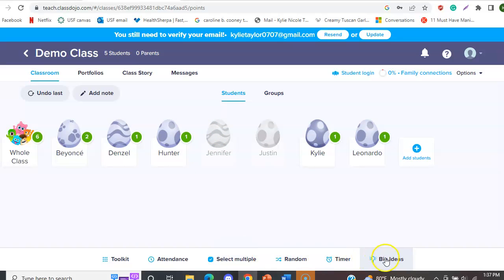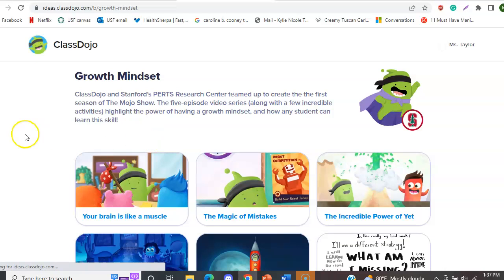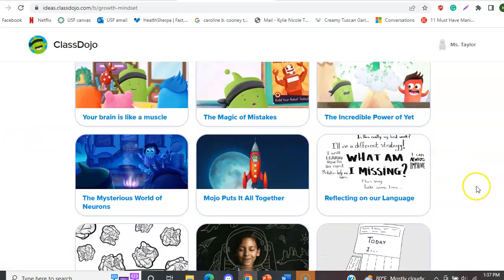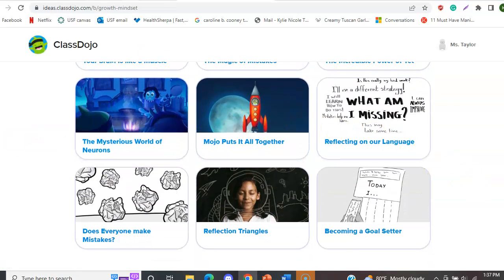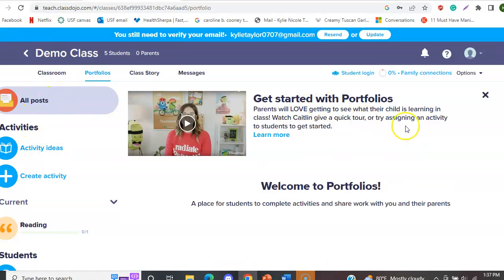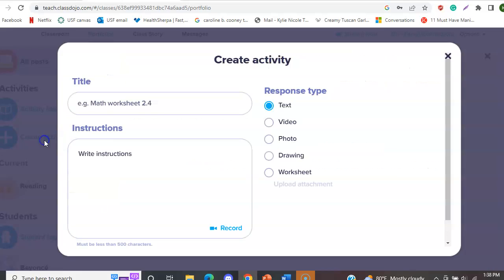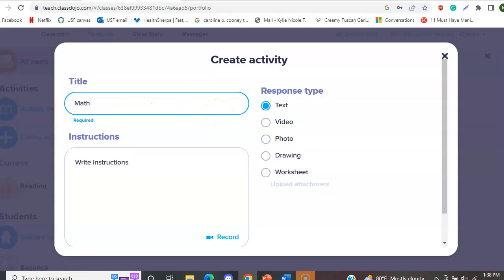All these down here, the big ideas tab is a really good one. You can start different conversations with your classes, and it gives you a bunch of different prompts to choose from to start these conversations. When you go to portfolios, you can see everything that is created. Like I created a reading assignment. It gives you activity ideas, so you're going to create an activity, and they're going to do math